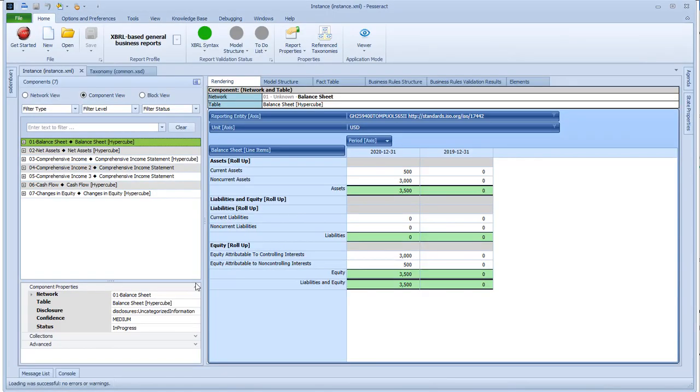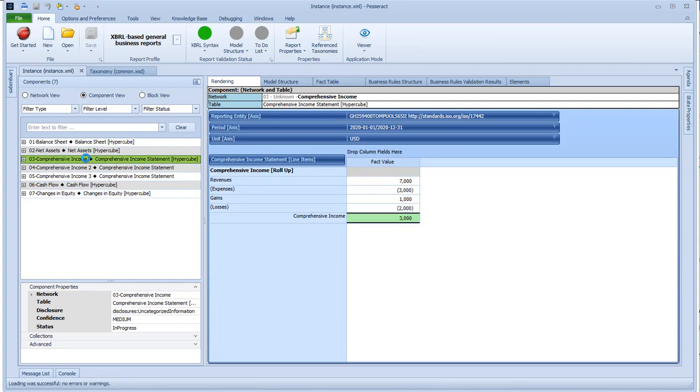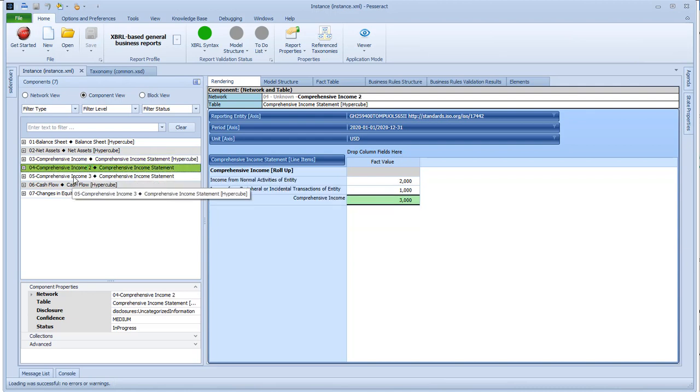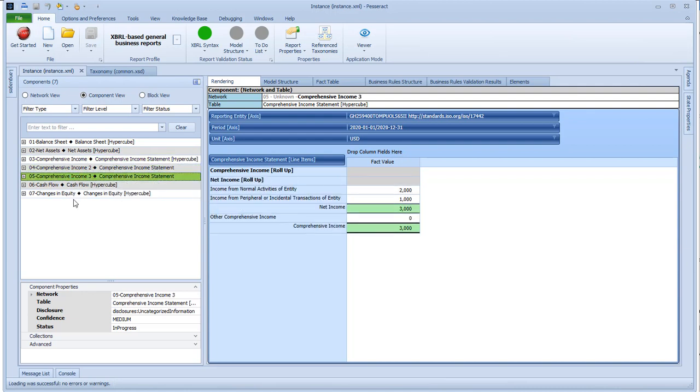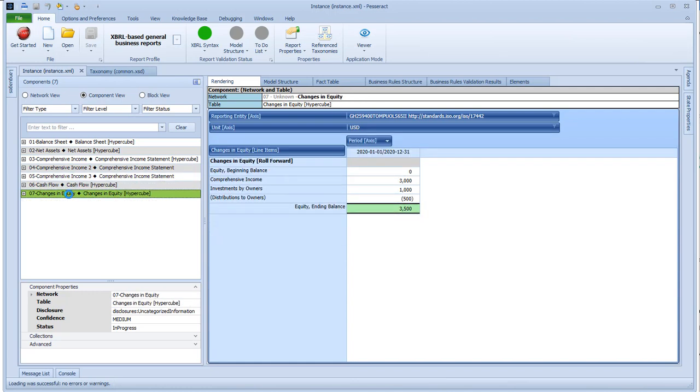And this is what it looks like in a software application, a second software application. The screenshots were from one software application. This is another software application. So there's the balance sheet, the net assets, one version of comprehensive income, another version of comprehensive income, another version of comprehensive income, the cash flow statement, and the statement of changes in equity. So basically, this is a good increment to have. It's a good little